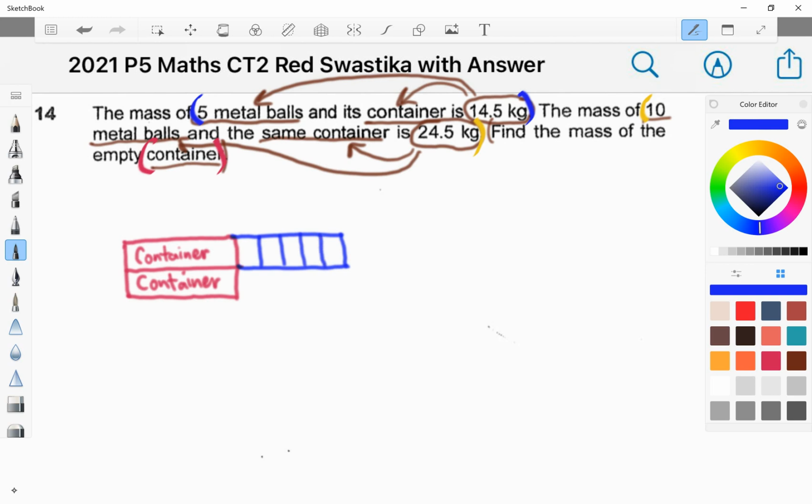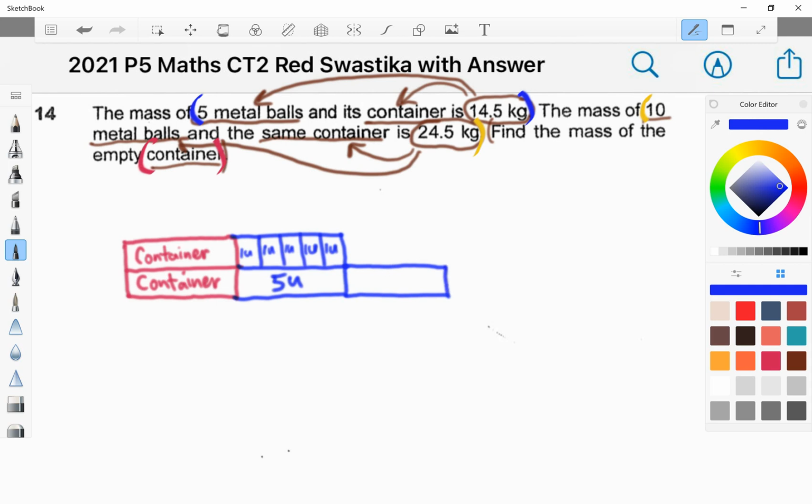And a reminder for everyone who is watching this, please be reminded to use pencil when you are drawing your model. As you can see, I indicated 5 units, one by one, and each unit represents a metal ball. Besides doing so, I can also stack them horizontally, and I can call the entire blue rectangle 5 units. That will save me some time when I'm drawing my model,